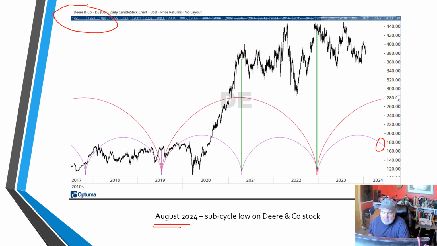And you can see what the price is doing. We made a high back in 2022. We made another peak early in 2023. We challenged it midway through 2023. I mean, there's some serious overhead resistance here. And look at what's happened every time we hit that resistance. The price goes down, the price goes down, the price goes down. So yeah, I am not going to be shocked if there is a cyclical bottom that comes later this summer, and it could be an interesting buying opportunity on John Deere.